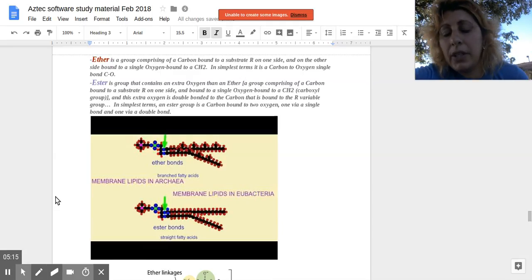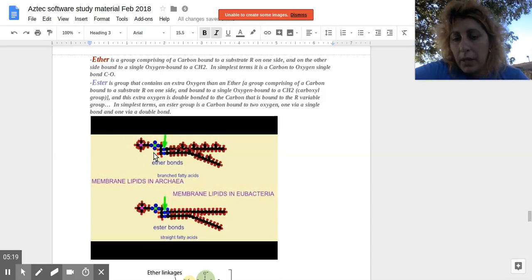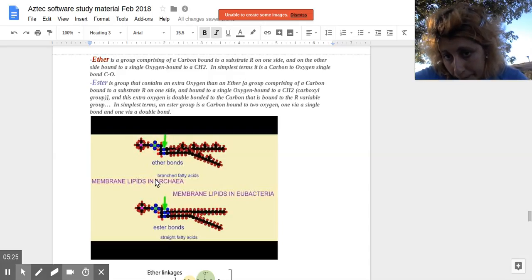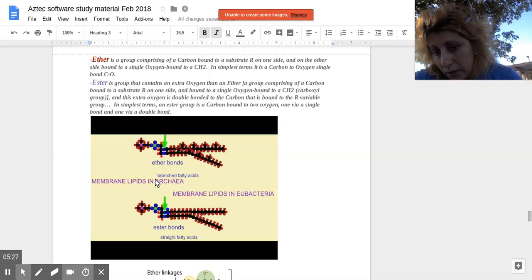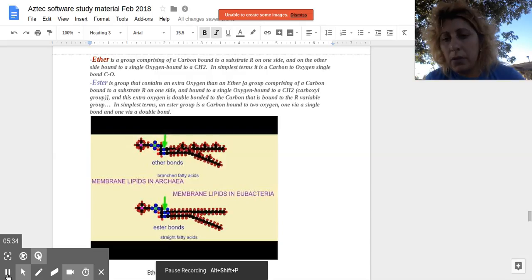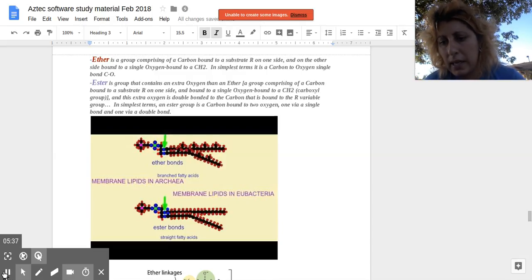In eubacteria, the membrane lipids contain ester bonds. So ether bonds are branched. Ester bonds are straight in comparison. And this is referring to the fatty acids and how they are